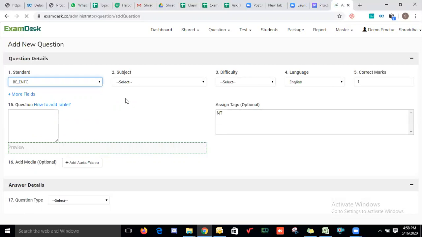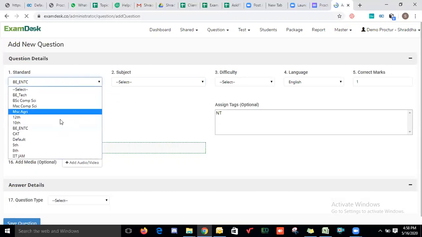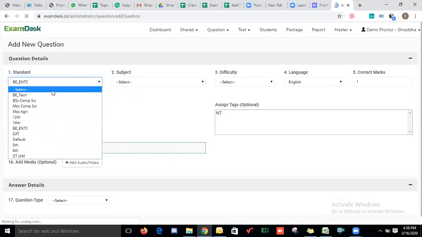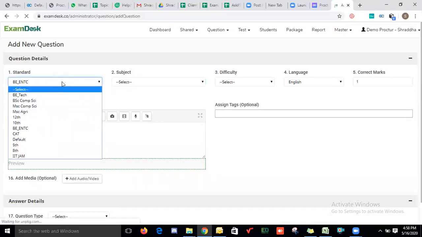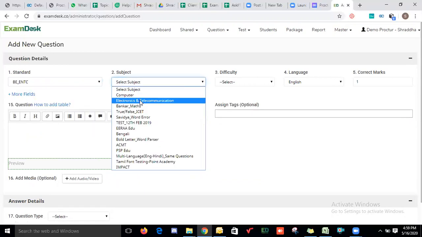So we have to select the subject from the drop down as well. Select the respective subject.